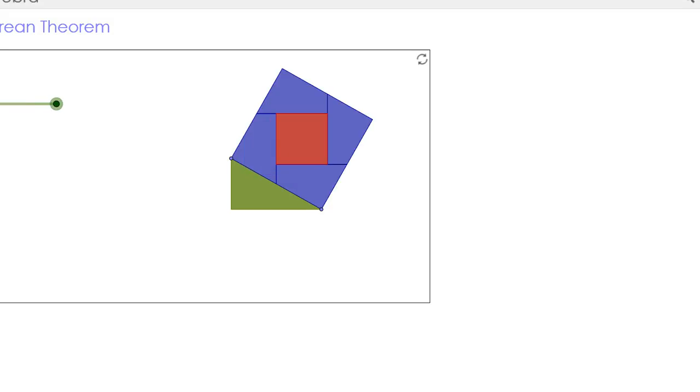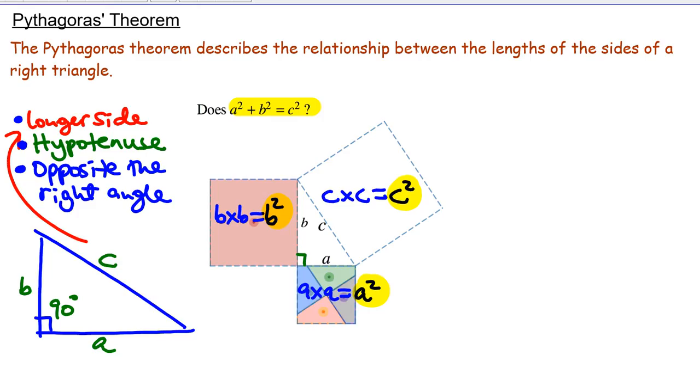Good. So we've noticed that the square of the longer side, or the area formed by the longer side, is equal to the sum of the squares of the other two shorter sides. So the area of this part and the area of that part added together gives us the area of the bigger square. So we can summarize that and say that